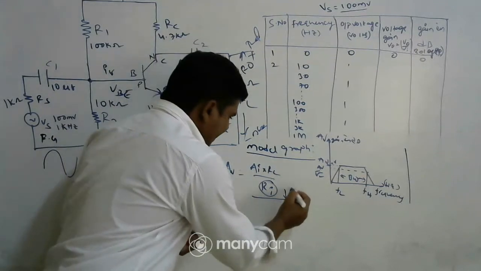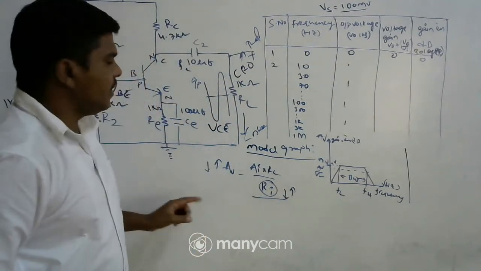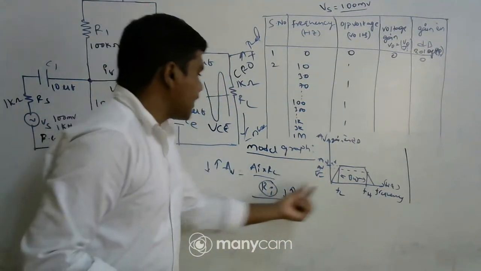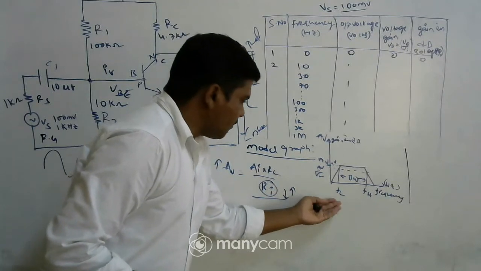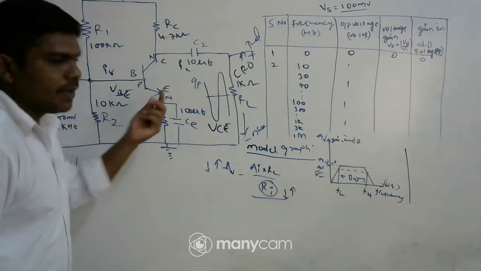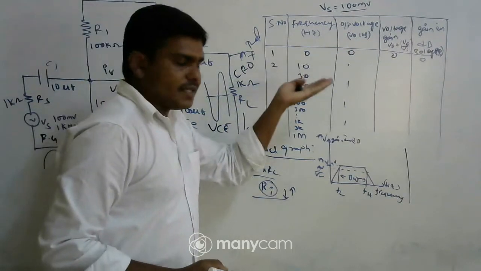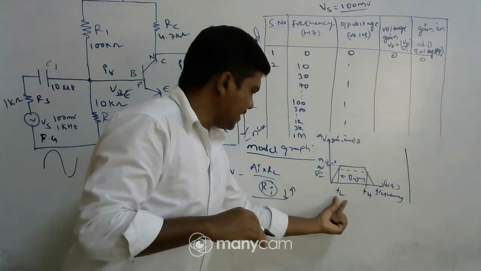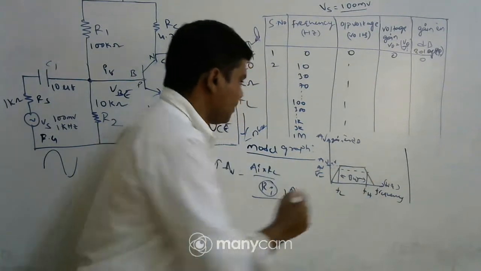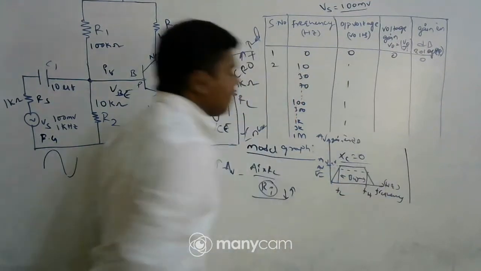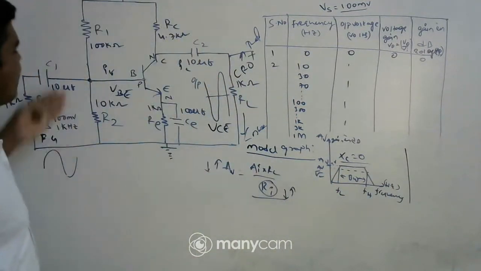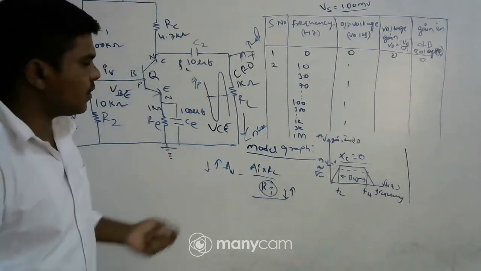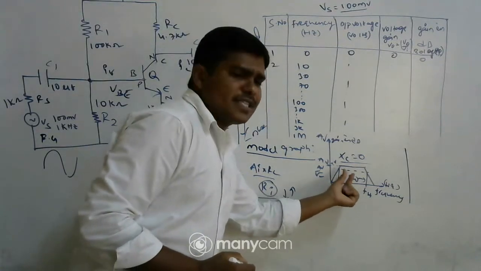When input resistance increases, voltage gain decreases. So at low frequency the input resistance is very high, so the gain is very low. As frequency increases, the reactance of the circuit components decreases, so the gain increases. When it reaches the lower cutoff frequency, the circuit capacitor reactance becomes 0. That allows the maximum input signal, and that signal is amplified by the transistor Q, so you will get the maximum gain.